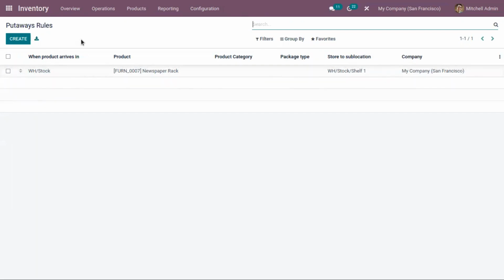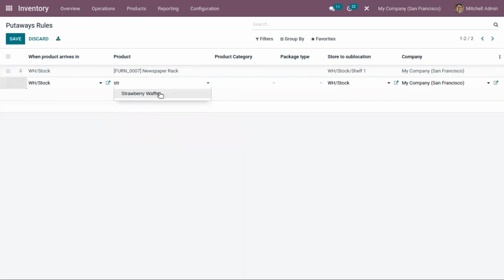Put away rules become necessary if your warehouse contains volatile substances. It is important to make sure that certain products are not stored close to each other because there may be a chance of potential chemical reaction. So products need to be moved to an appropriate location. You can create a simple put away rule by clicking on this create button.